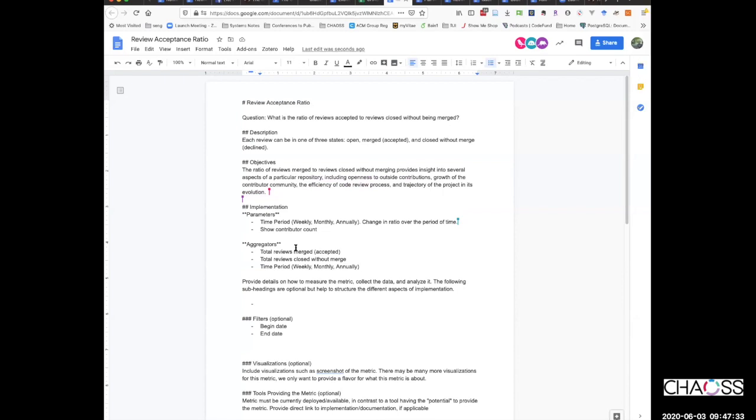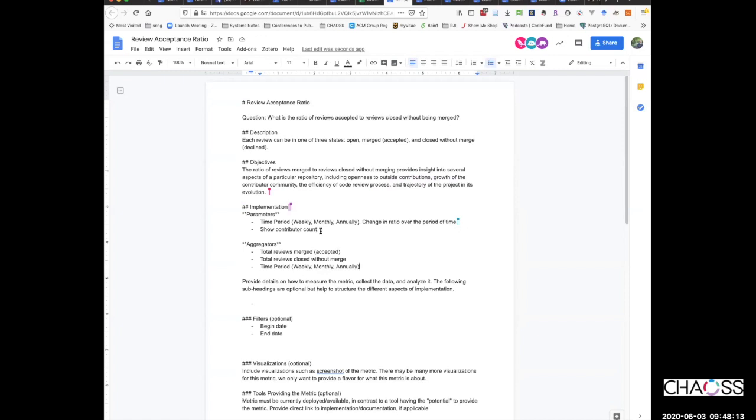What do you mean exactly? Well, weekly, monthly, annually are pretty common ways that people ask to have things aggregated, but we're calling that a filter in other metrics. And in this metric, it's a parameter. What would make the most sense to me is to have one parameter be the start and finish date, and also a granularity, like weekly, monthly, annually.